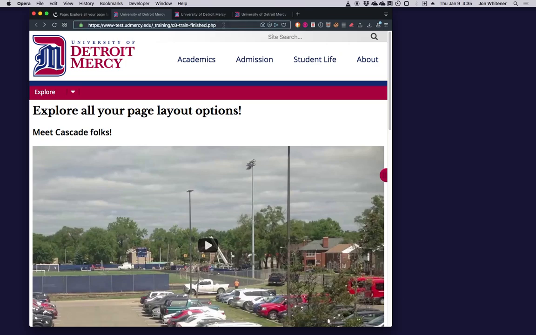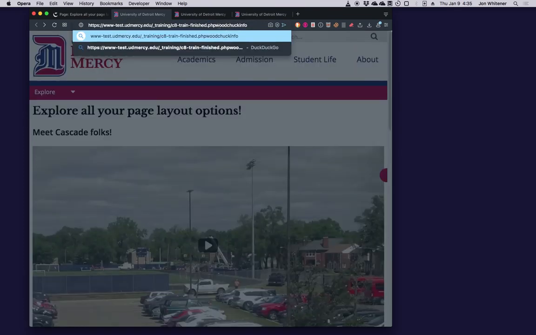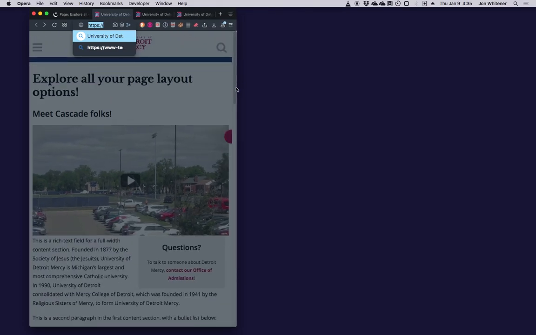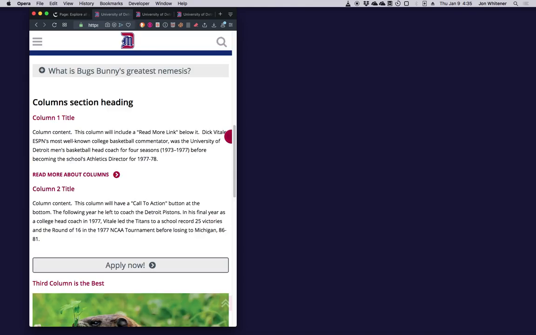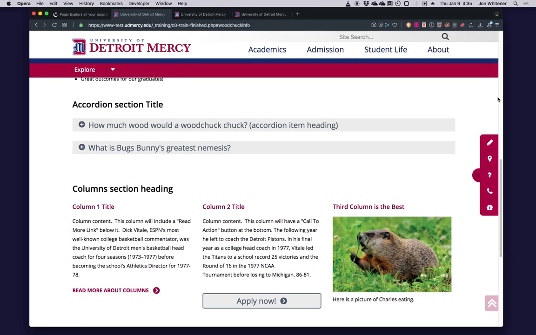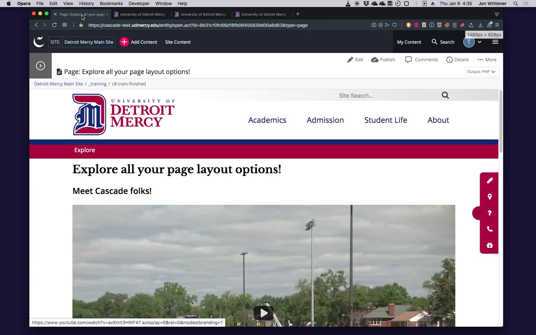I'm gonna add the # anchor and shrink it down. Let's see if it works, and then hit enter again. Go straight to that column section heading, which is what we wanted. All right, that's very handy. It's all about getting your users to the information they want as fast as they can.